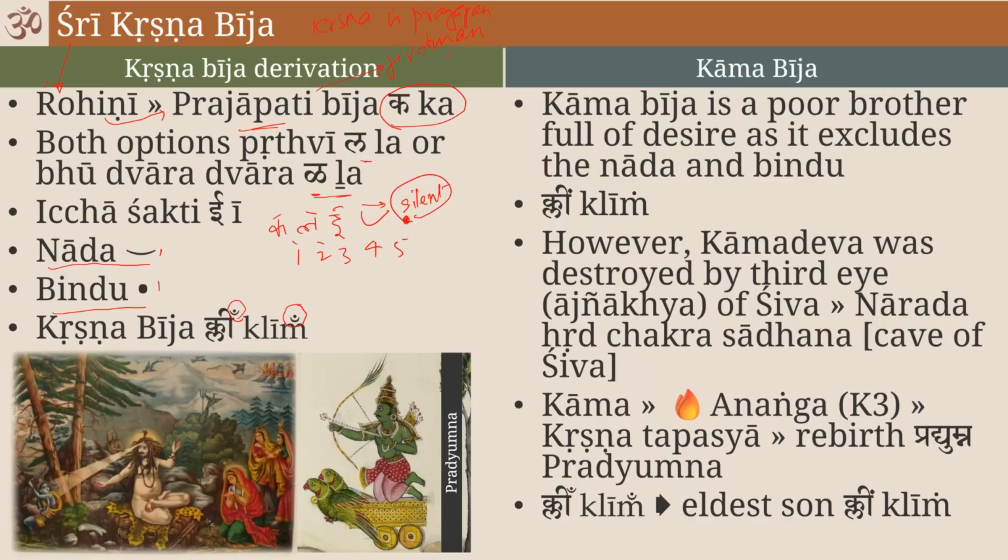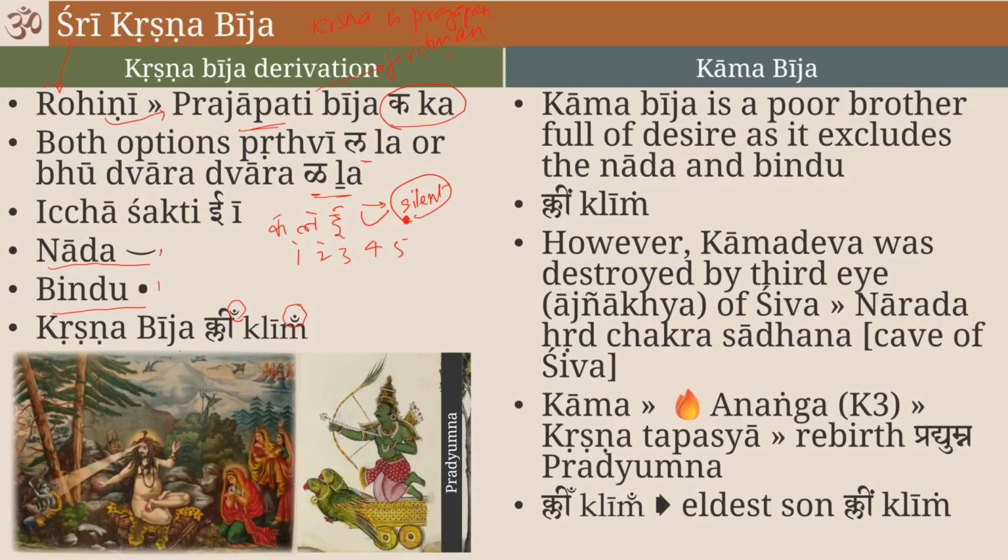Now, what happened to Kamadeva? You see this picture over here. This is Lord Shiva as a yogi in very, very deep meditation. Now, Narada Muni is here, and what happened is Kamadeva was torturing him by putting love arrows on him. Kamadeva has 5 arrows, and he can fire these arrows on any of the 5 chakras from the neck to the Muladhara, to the base of the spine. The 5 main chakras get disturbed because of Kamadeva. This you must keep in mind. It is Kamadeva who is disturbing these 5 chakras.